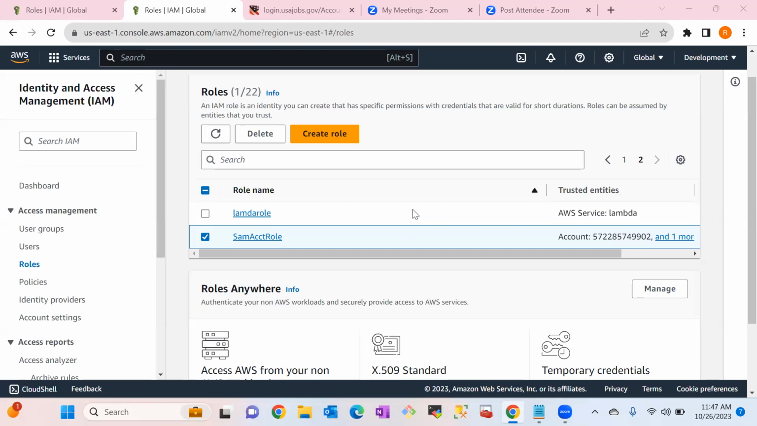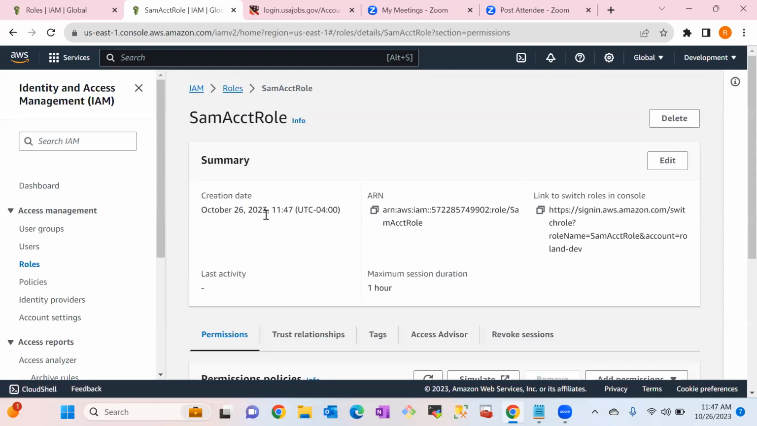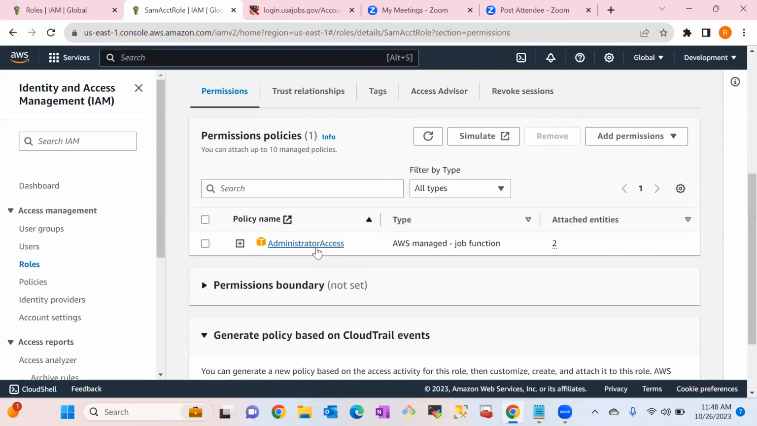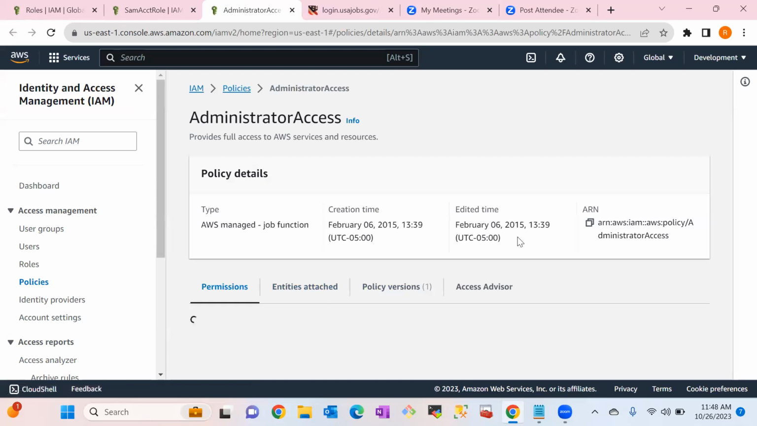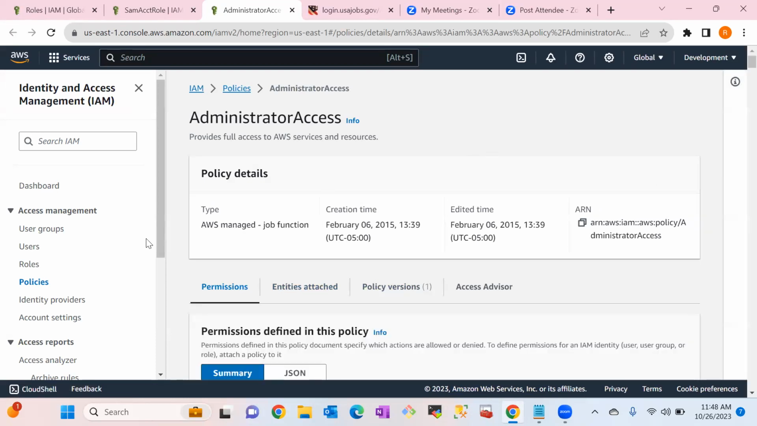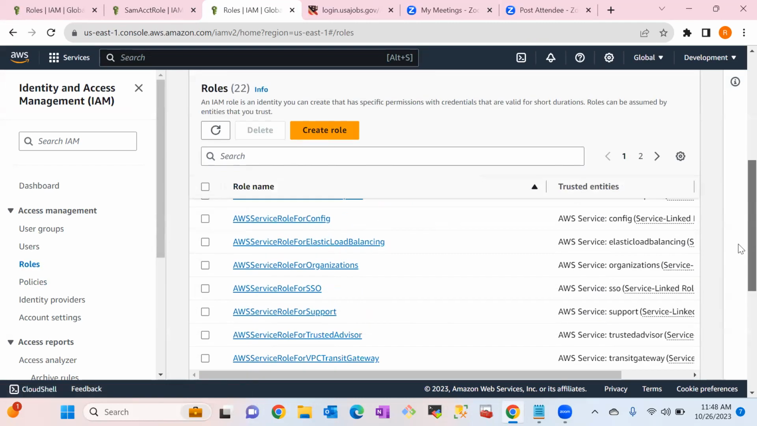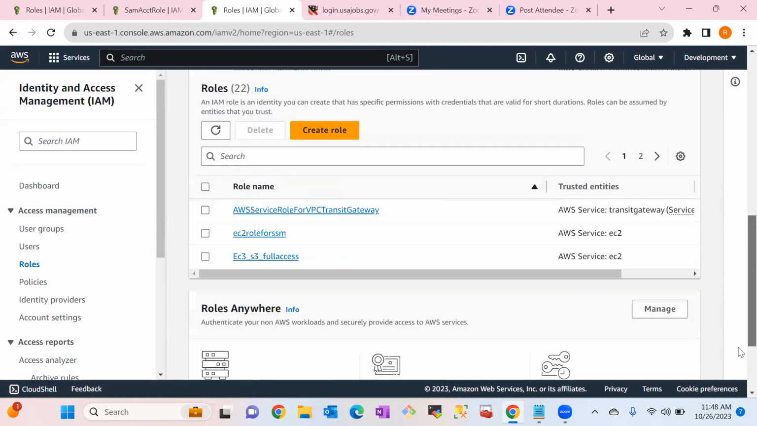So we have now created the trust policy. Here's the trust policy. Here's the role we created. And if you select the role